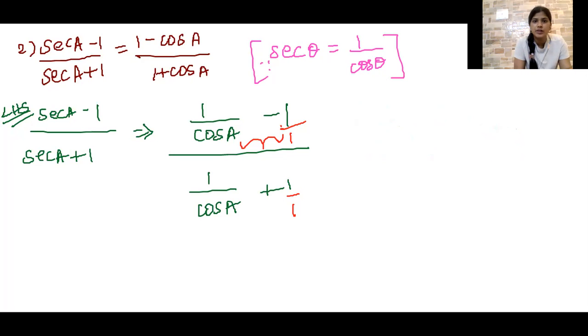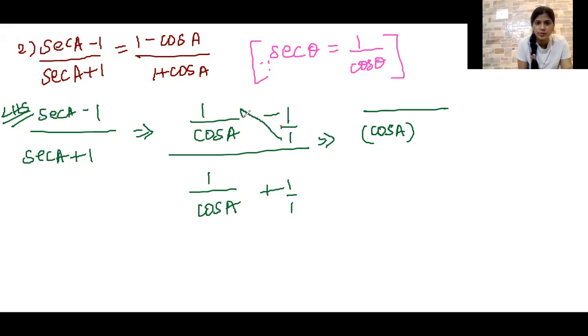So this is how we'll perform LCM. Now I'm going to continue doing the problem. I'm going to apply the LCM over here. So if I do that, here I do have 1, here also I do have 1. So I'll be multiplying both the denominators, cos A into 1, which is cos A. You don't have to specify 1. And in the numerator, you will do the cross multiplication. This 1 will be multiplied with this, and this cos A will get multiplied with this one. So that can be written as 1 minus cos A.